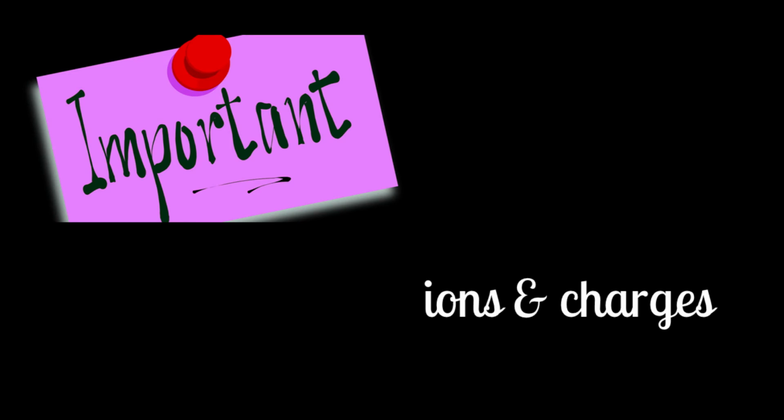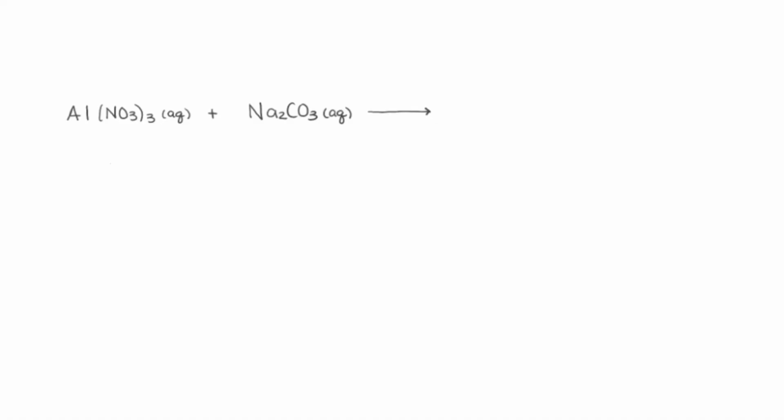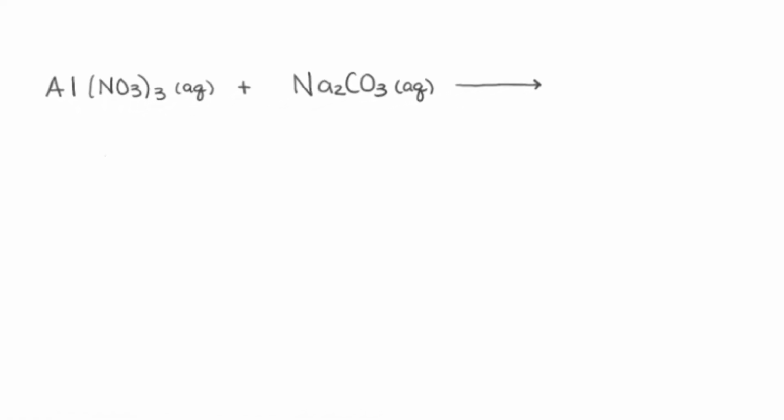In order to solve these problems, you must be able to identify ions and their charges from chemical formulas and be able to recombine ions to form new chemical formulas. Please accept that these are important and necessary steps, but recognize that the strategy is the same every time. The only exception is if one of the products is initially sulfurous acid or carbonic acid, like mentioned earlier. So let's jump right in with an example.